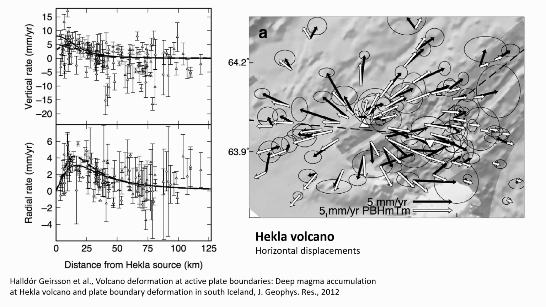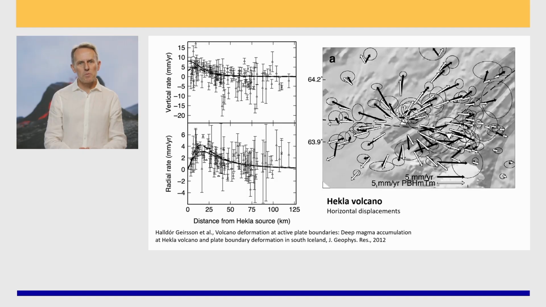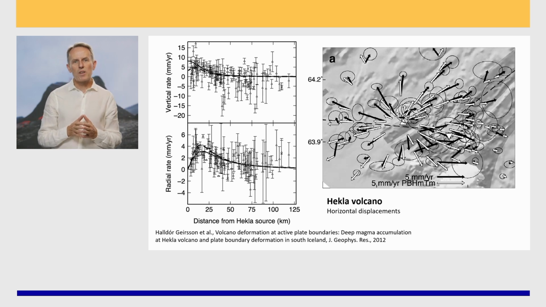In any case, the model confirms that the inferred pressure increase at Hekla volcano is of deep origin and there is steady increase of pressure under the volcano with time. The examples we have covered here demonstrate how the Mogi model can successfully be used to constrain shallow and deep deformation sources. However, in all cases, it is important to keep in mind that the inferred model parameters are dependent on the fundamental assumptions of the model, namely uniform elastic material properties around the source and spherical geometry for the